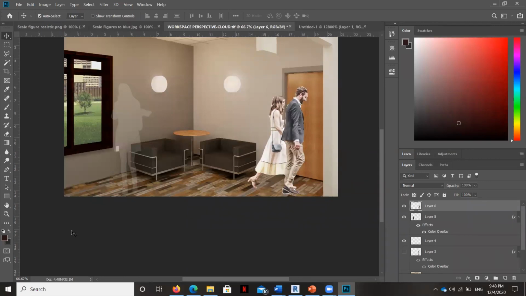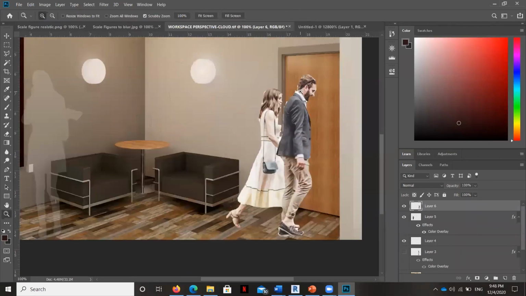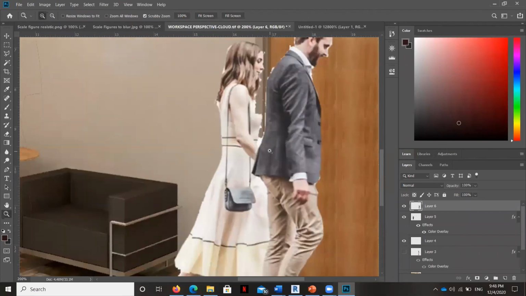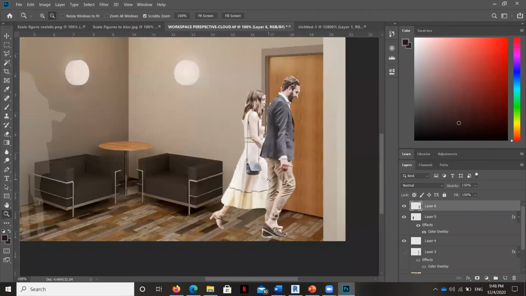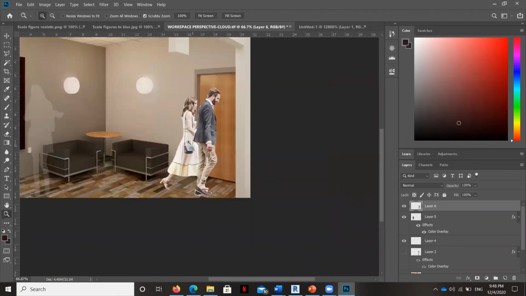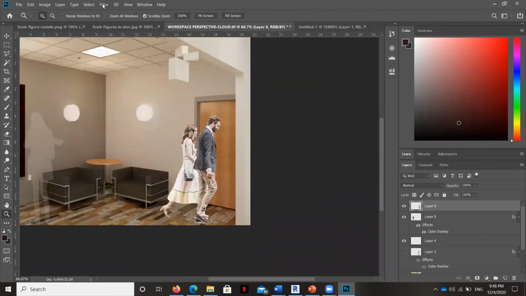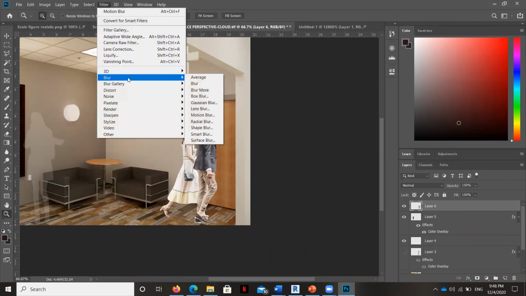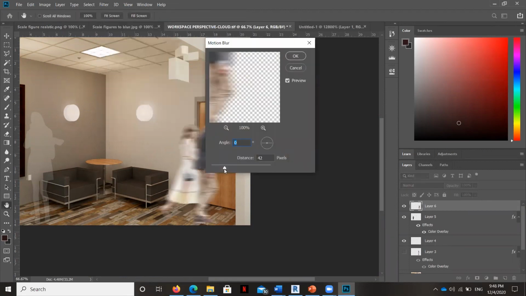Okay, so you can see here that I have done just some quick erasing, and this is by no means perfect. I mean, they're still kind of junked up, and would not pass leaving them in the state that they're in. But they are great for this blur tool. So I'm going to go to filter, and I'm going to go to blur, and then to motion blur. And you may have seen this if you see a lot of images of renderings. This is pretty popular to do right now. You can control the angle of the blur. It can go sideways, up and down, and you can also control the distance.